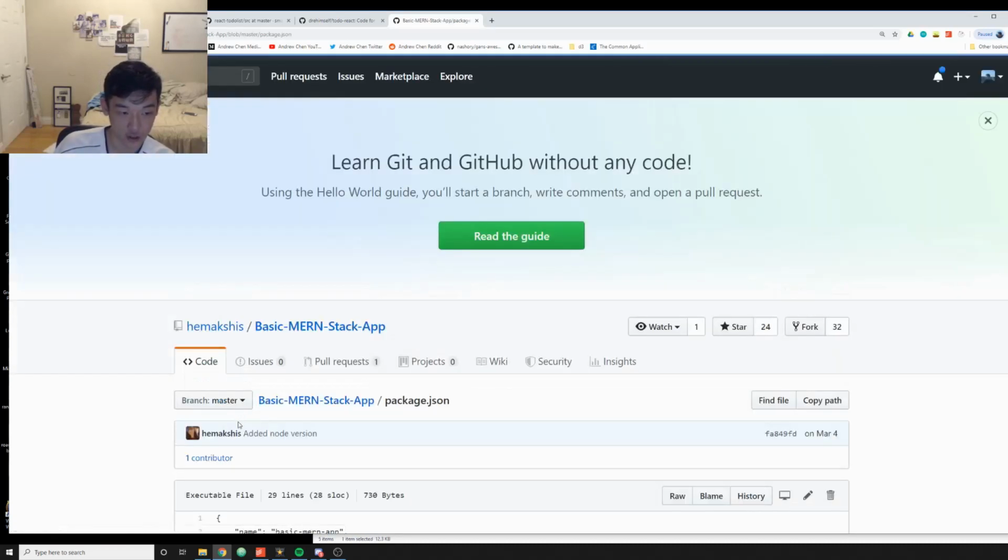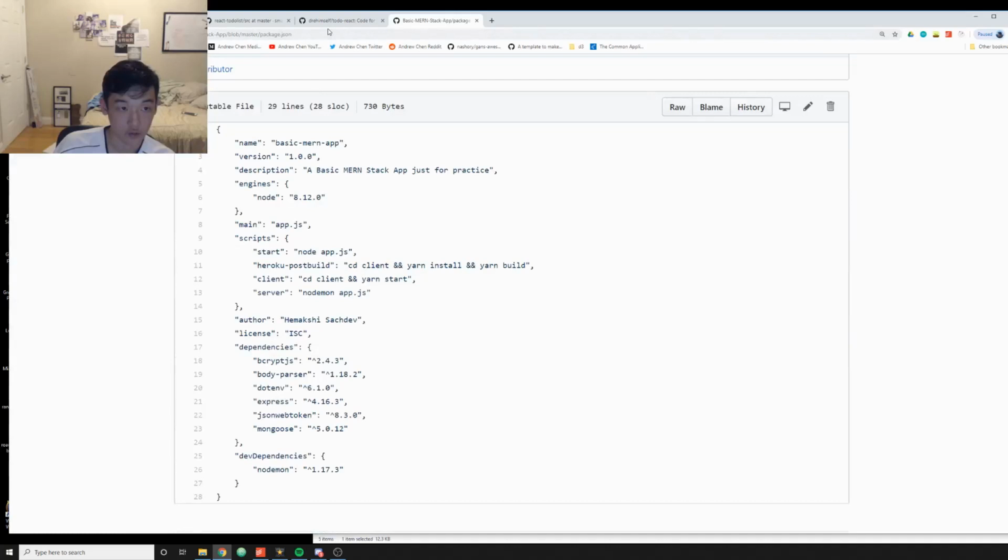So this package.json right here is actually not going to be the dependencies that the front end needs, but rather the dependencies that the backend needs. So we can see here,